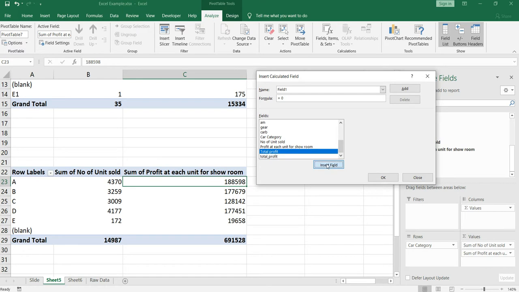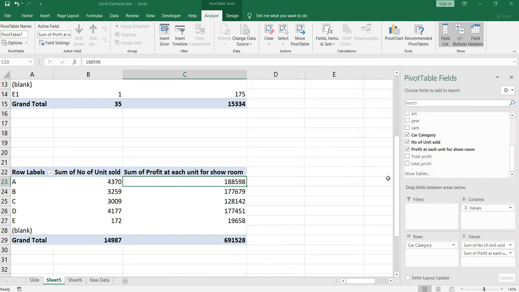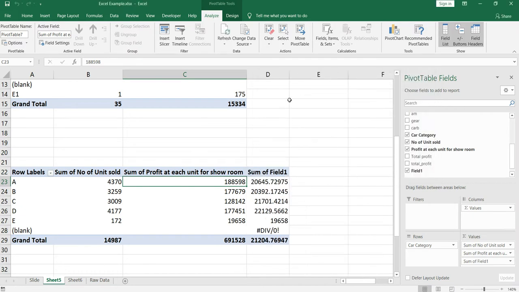I'll click on Insert Field first, then I'll put this divide sign, and then I'll put the number of units sold as my other field. Okay, and I'll click OK.